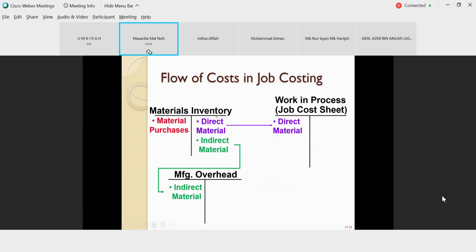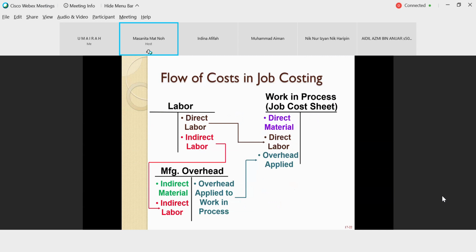Mula-mula for material inventory, any purchases, you debit. So bila you dah guna material, for the direct materials, you akan creditkan and then you akan debitkan WIP. Indirect material, you creditkan juga, cuma you akan tulis kat situ as indirect material, tapi you kena masukkan dia ke dalam MOH. Okay, and then for labor,